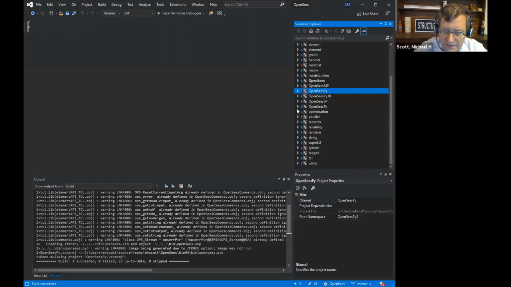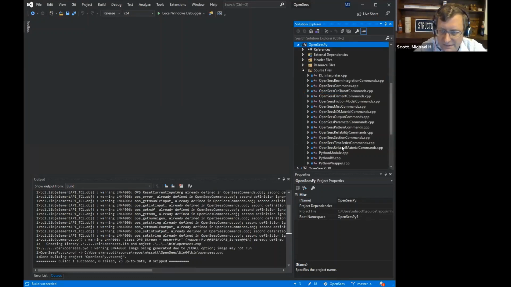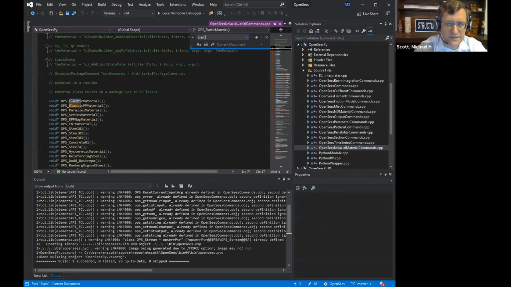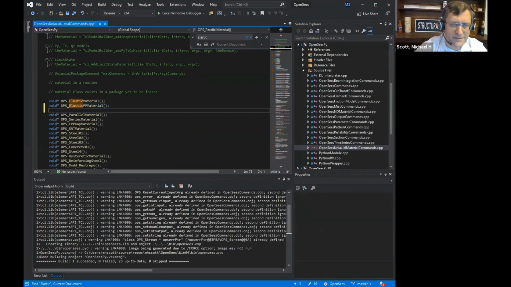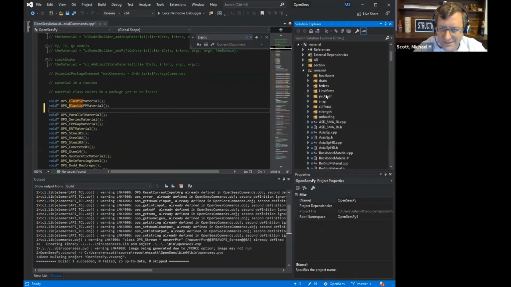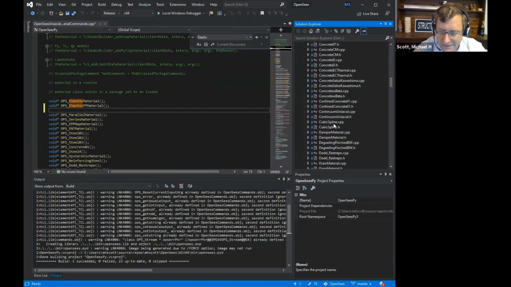Okay, so if you go into OpenSeesPy, OpenSees Uniaxial Material commands, all right. I'm just going to copy this stuff. Or well, let me, before I do that, sorry, I'm a little bit ahead of myself, but if you look in